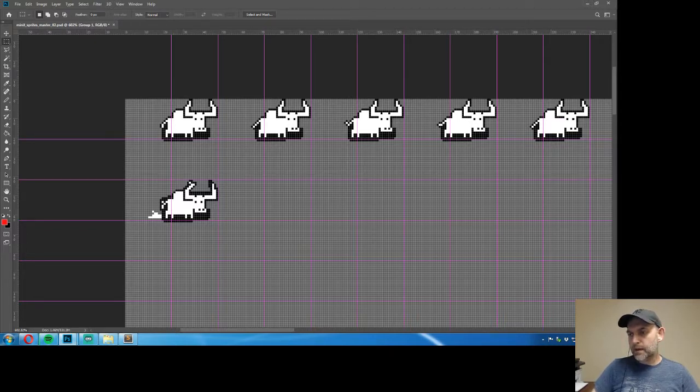Just organizing my layers a little better. One of the really important things that I do here is I label all my layers. If you know any lazy graphic artists, you'll see that their layers are called whatever Photoshop gives them. So you could have a layer called layer 55 copy, and you have no idea what that is. And it's always good practice to label your layers and your groups. And normally I wouldn't bother on smaller projects, but this project file is going to have a lot of layers, so I basically name my layers based on the folder name. So if I want to find the bull charge, it's fairly easy to find that within the Photoshop document. So it's kind of essential